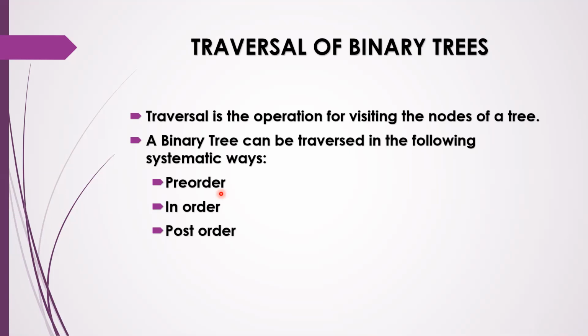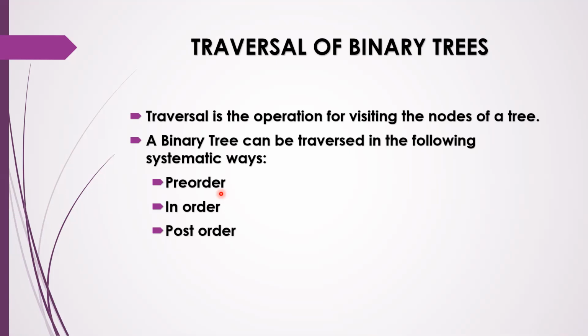As the name itself indicates, in pre-order you will always have the root first, then the left node and the right node. In in-order, it first goes to the internal nodes, so it is left, then root, then right. The third way is post-order, where the root will come finally. In pre-order, the root comes first; in post-order, the root comes last. So left, right, and root. Okay, so that is the way.